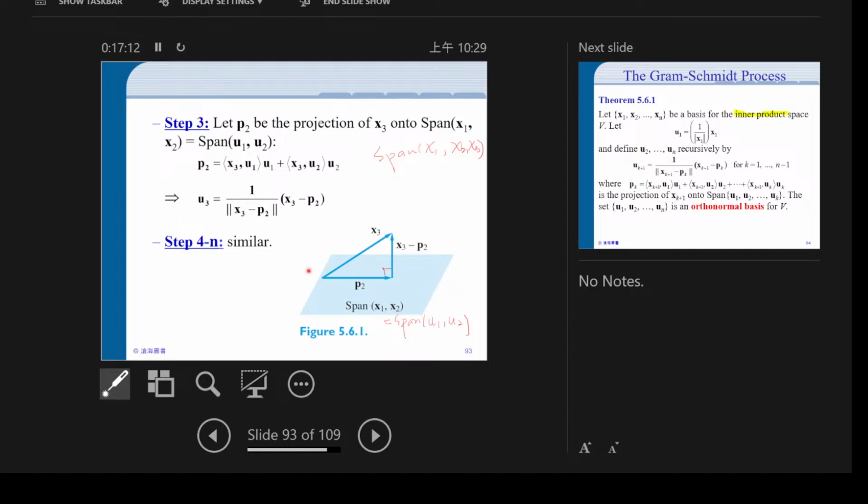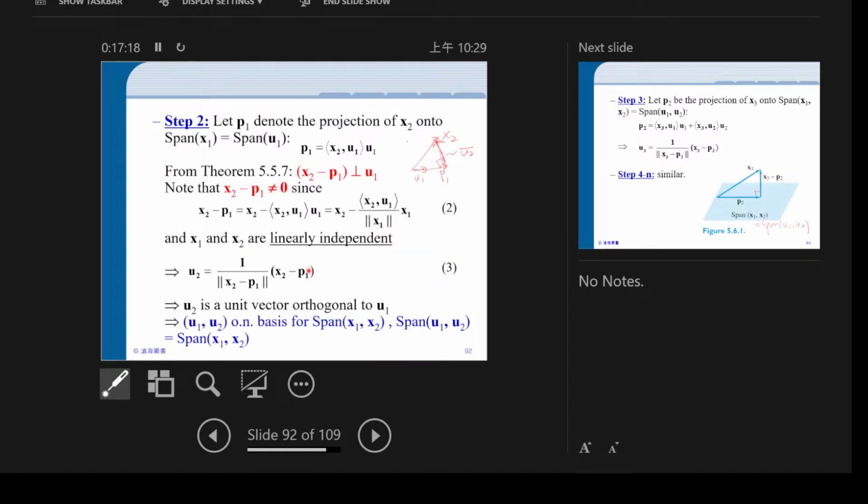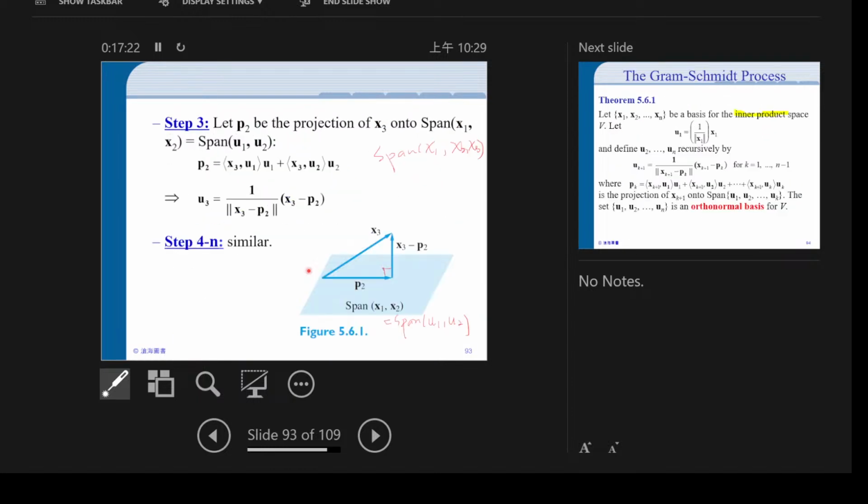Okay, and we have used that x1 to xn is a basis, so that on each step you can always find a non-zero u bar, and so you can find your un. Okay,